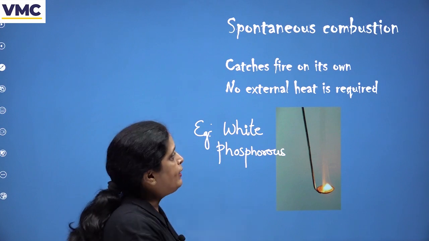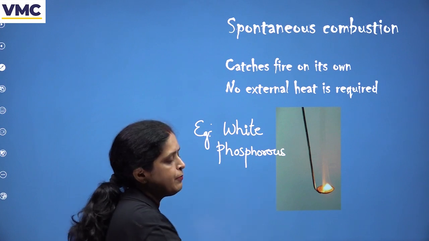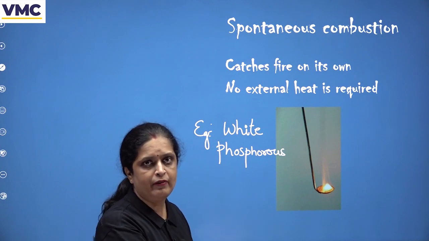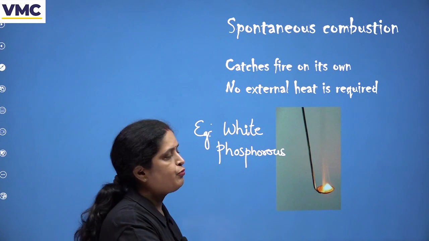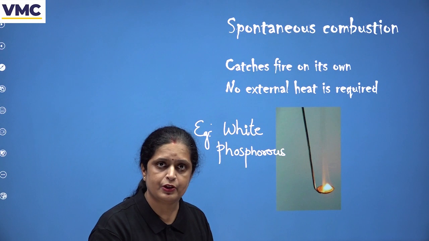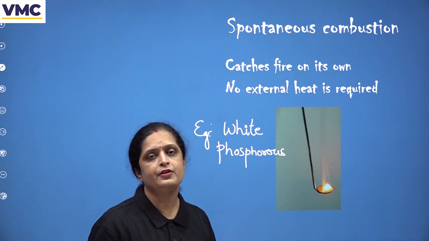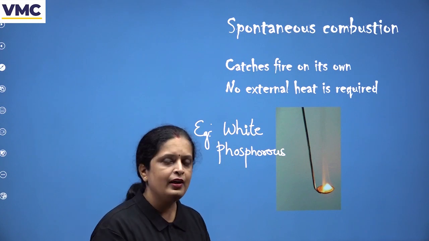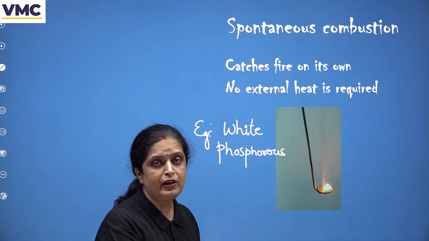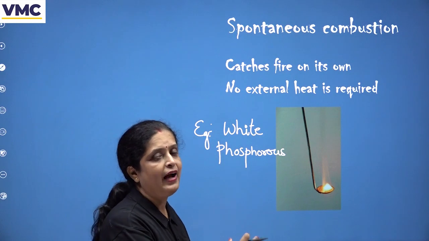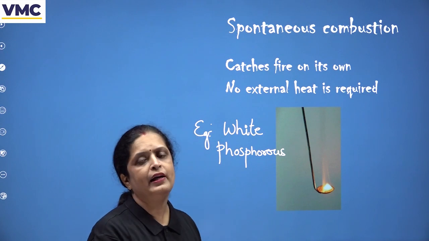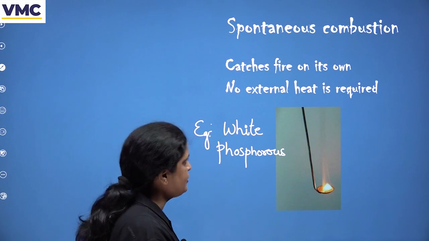व्हाइट फॉस्फोरस क्या होता है जब आप इसे बाहर लेते हैं, you bring it out from kerosene or wherever it is stored, white phosphorus will catch fire as soon as it is brought out in presence of oxygen. इसे कोई एक्सटर्नल हीट की जरूरत नहीं होती है, राइट? ये अपने आप आग पकड़ लेता है और जलने लगता है. Can be very risky and that is why this needs to be handled with care. Spontaneous combustion occurs without us providing any external amount of heat to the substance.